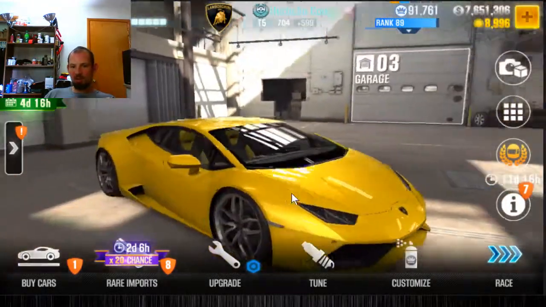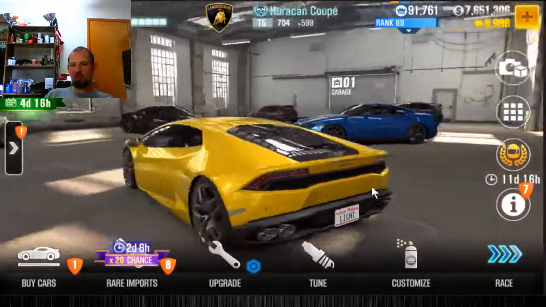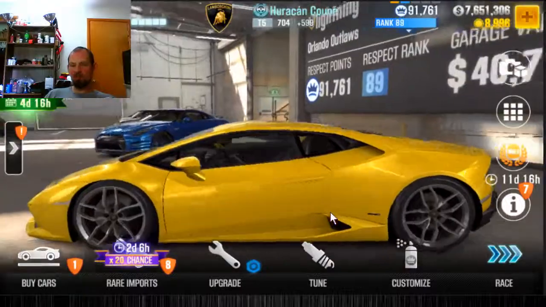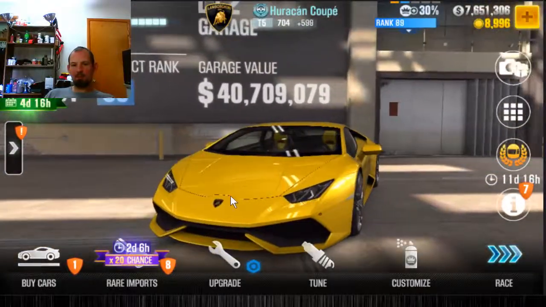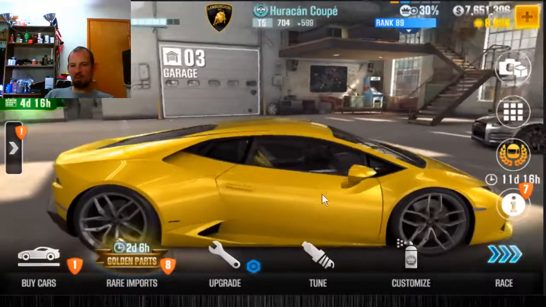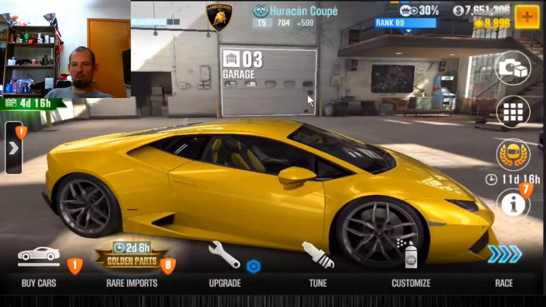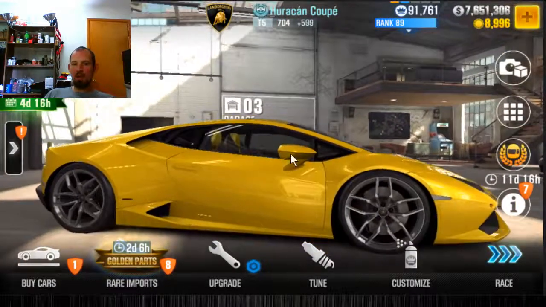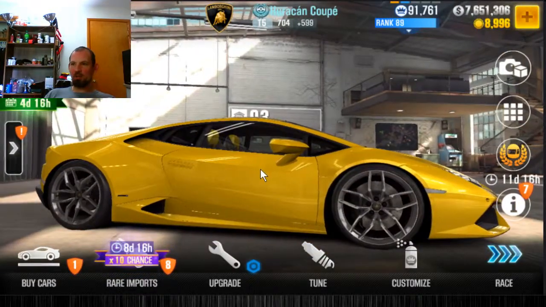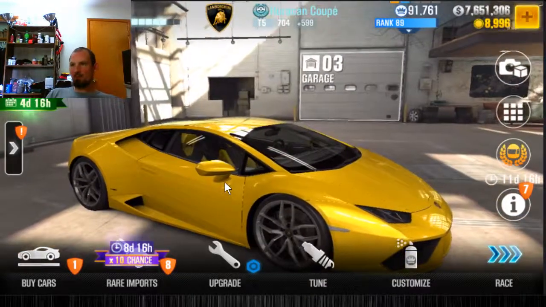Okay, this Hurricane, this is a nice car. The 3-star version is also able to beat any boss in the game, from what I hear. I use this to beat the Elite License, and I haven't really used this car a whole lot, so I can't really say a whole lot about it. But I know the 3-star version of this is really good, and the 3-star version of that Ferrari I have